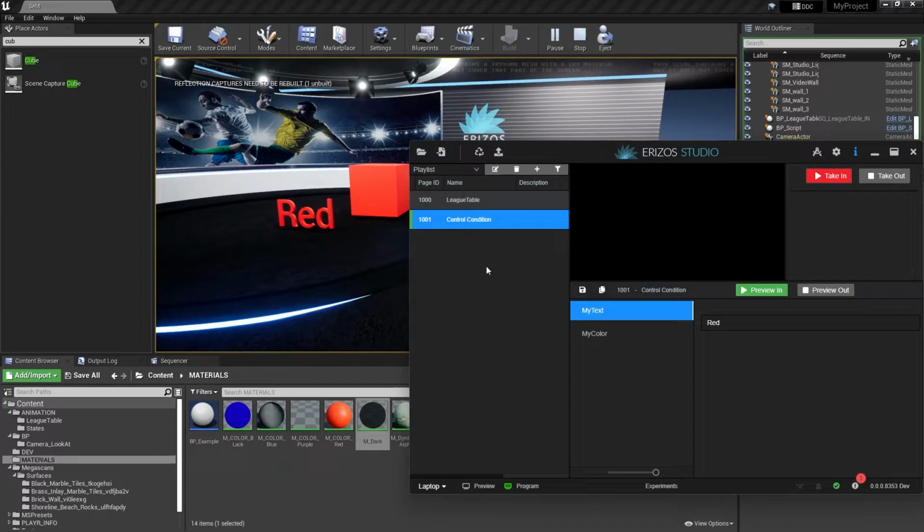Using this in combination with different control components inside our level allows us to do quick and simple logic that doesn't